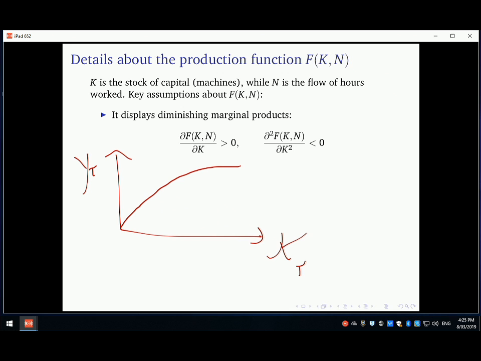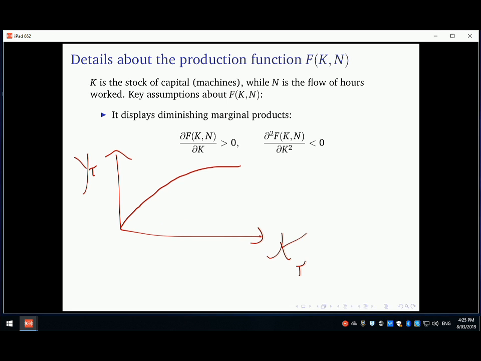Because at some point, there won't be anyone that can operate that machine, right? And you can even think of a case where these machines are going to create some kind of chaos and even reduce production. But we're going to think about diminishing returns, which mathematically means that the first derivative,